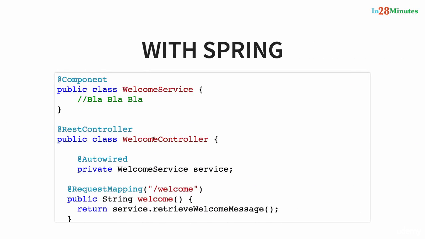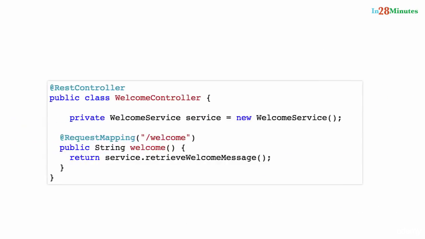So it creates an instance of the welcome service. It creates a bean for the welcome controller. It would autowire the welcome service bean into the welcome controller. All these things are done by IOC container. IOC container is kind of a generic concept. It is not really framework specific. So whichever does this stuff, whichever does the wiring, creation of beans and things like that, is called an IOC container. It's a very generic concept.